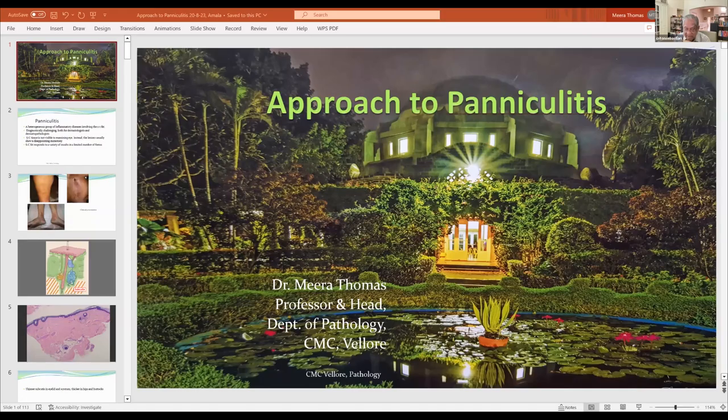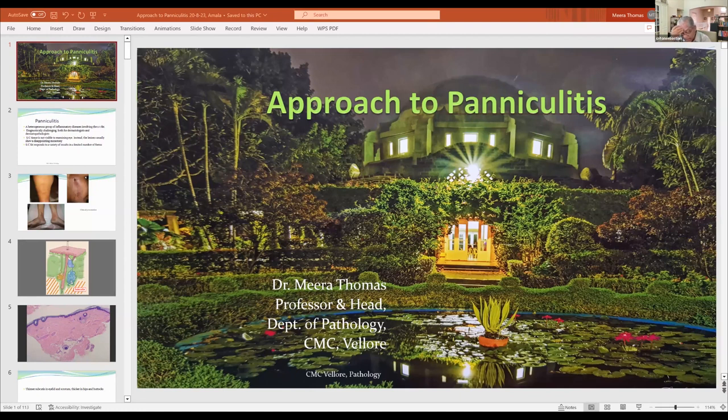Today we are going to have very important topics in dermatology. It is not purely dermatology, it is dermatopathology, which is an integral part of dermatology. Every student should know dermatopathology, and we are giving much importance to dermatopathology in day-to-day practice. So we thought it is good to have a discussion on